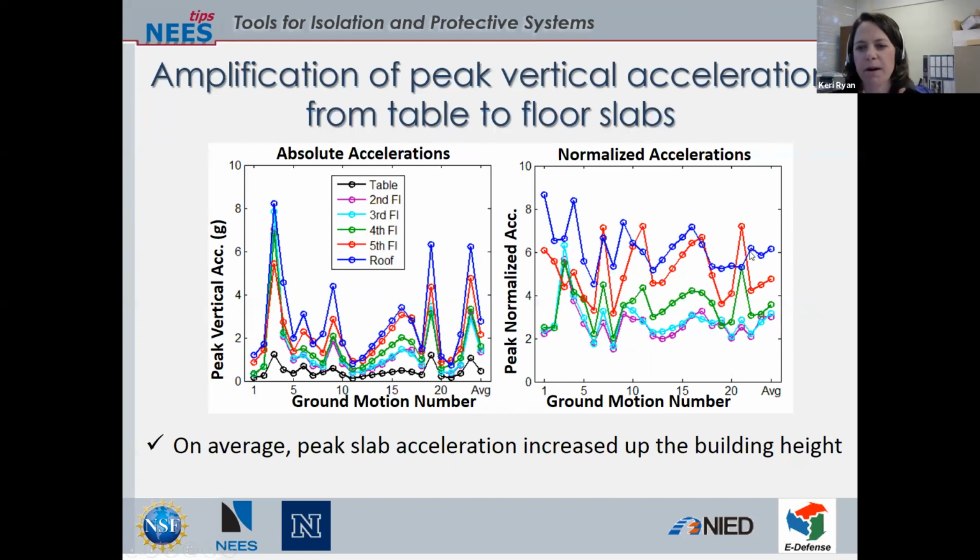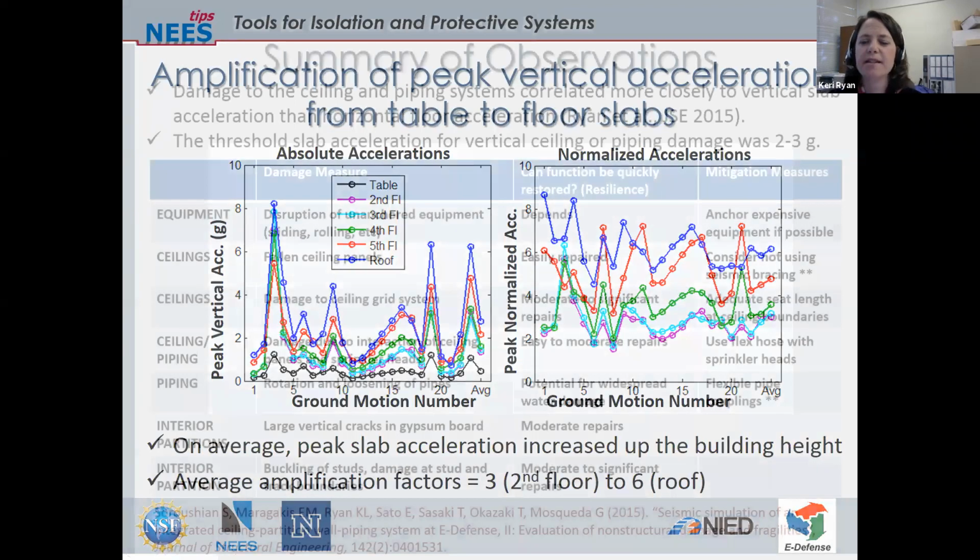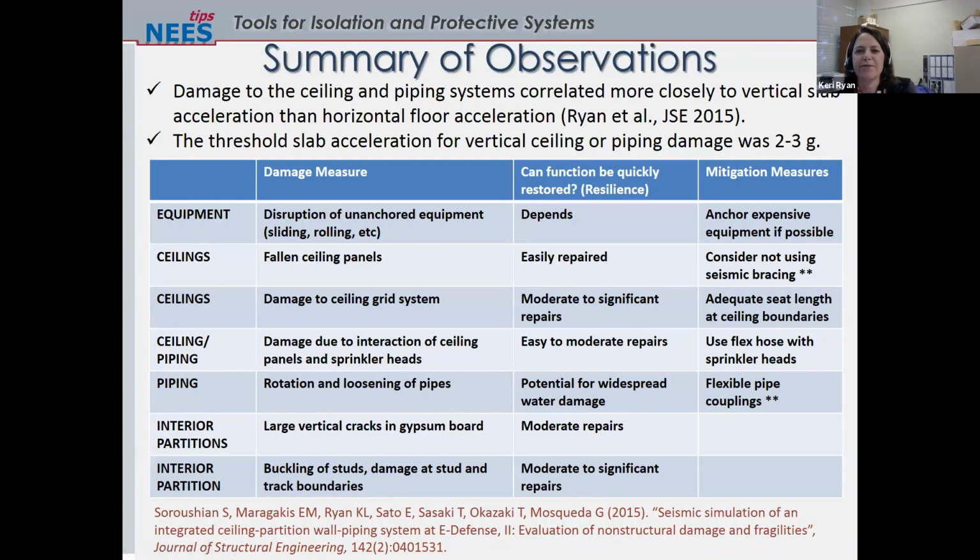That, we believe, was partly induced by that added mass at the roof level, which caused the roof level to be the most flexible and sort of affect the levels around it as well. That may not occur in a real building, but I think the amplification factors are realistic factors of about 3 from the second floor up to about 6 on the roof. So very, very significant. So again, I come back and I ask myself, well, how do these observations